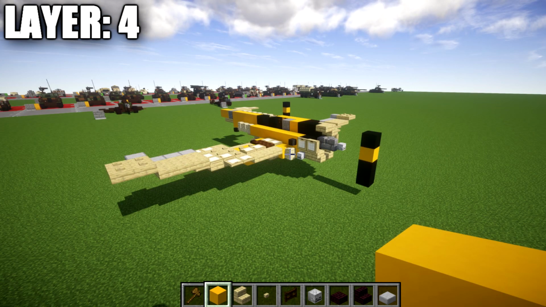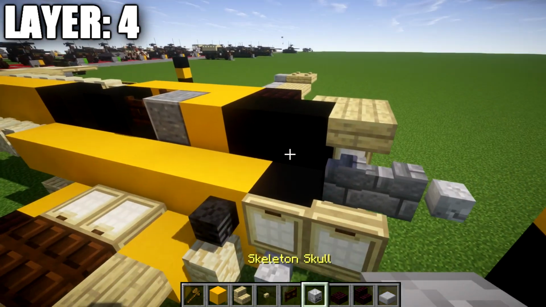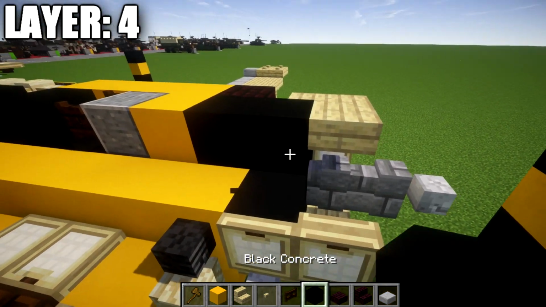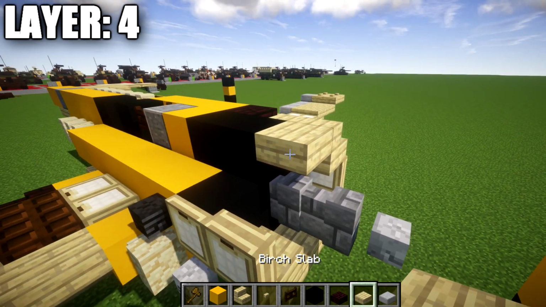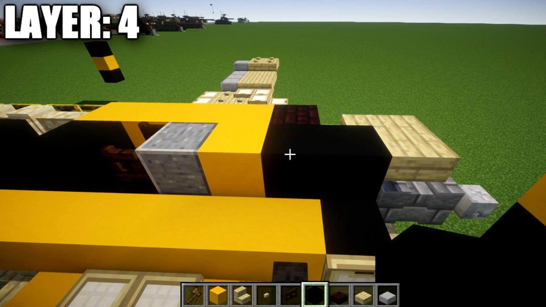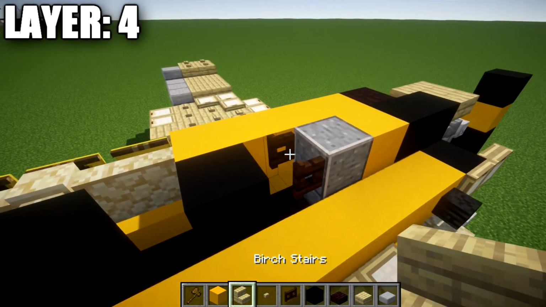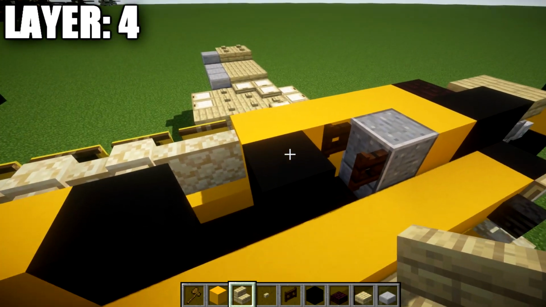Alright guys, moving into our next layer, we have layer number 4. For layer 4 to go ahead and get started, we're going to place down a black concrete block on top of this one here in the middle, followed by a birchwood top slab coming off it toward the front. We then want to go back from the black concrete block, placing down a second black concrete block, yellow concrete, and then a polished andesite block, a dark oak fence gate, black concrete block,